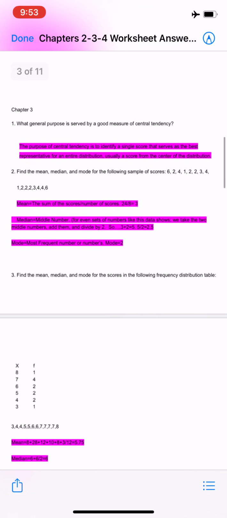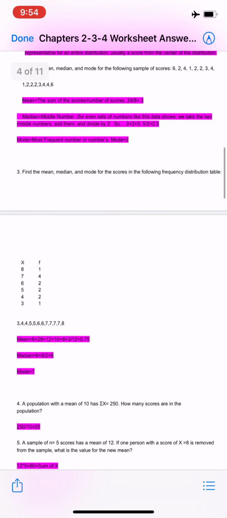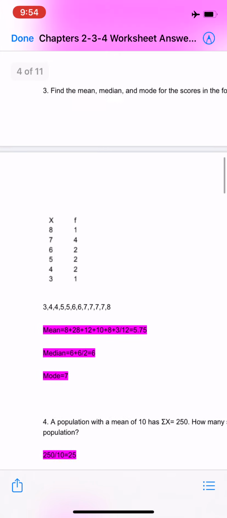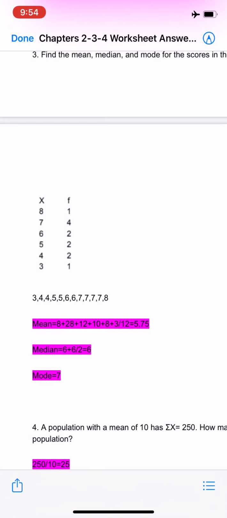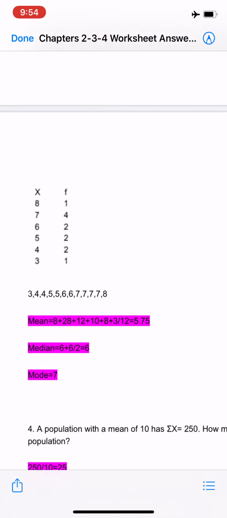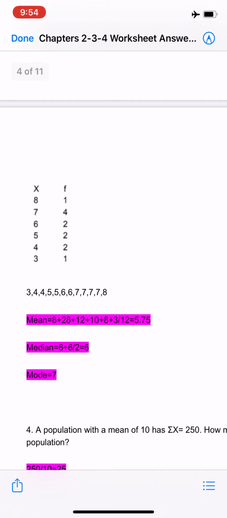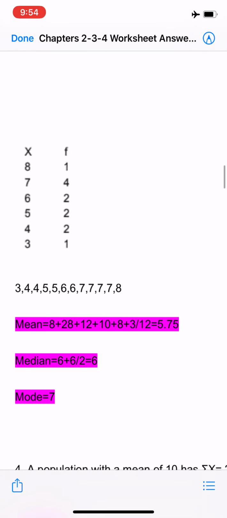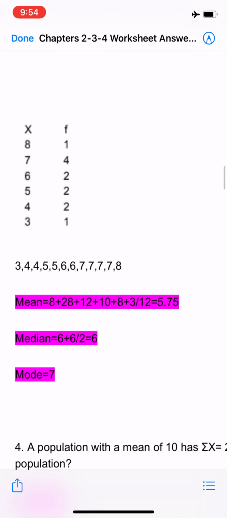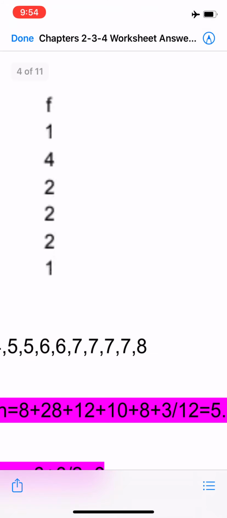Find the mean, median, mode for the scores of the following frequency distribution table. So again, here you have to take the frequencies into account. Start from lowest to highest. There's 1 3, there's 2 4s, there's 2 5s, there's 2 6s, there's 4 7s, there's 1 8. Plot them down. Mean, simply add them up, divide by n,